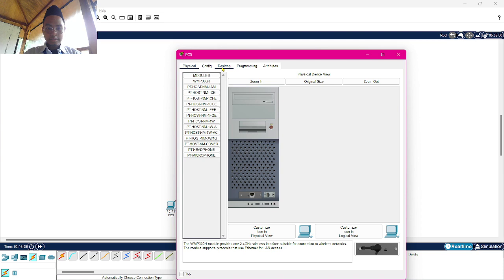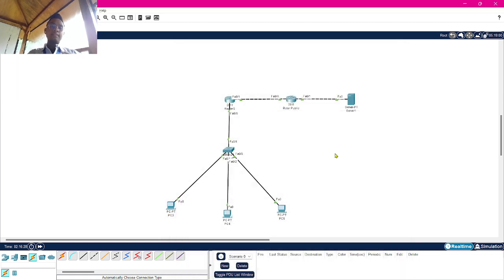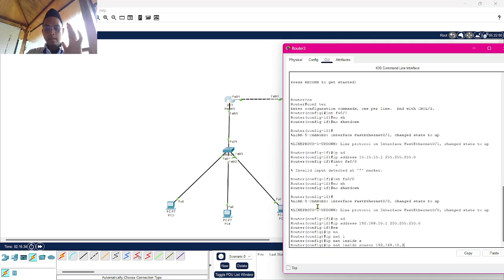You go to the last client: 192.168.10.4, subnet mask still the same, and the gateway, don't forget, same as previously, 192.168.10.1. Ready. The goal is, don't forget, you register first the IP NAT inside source